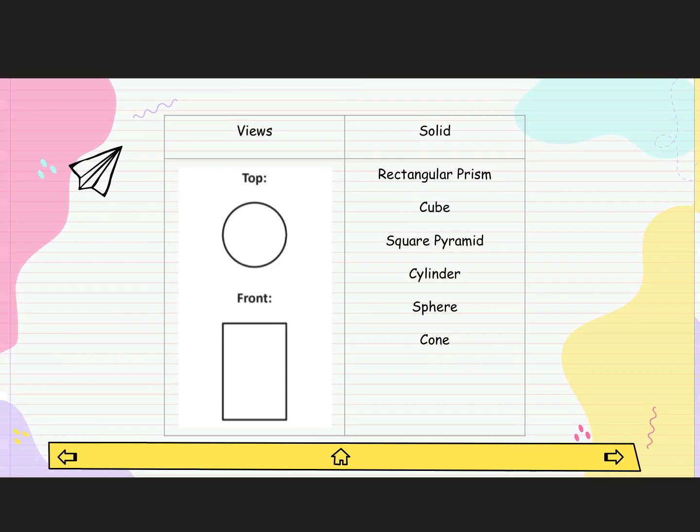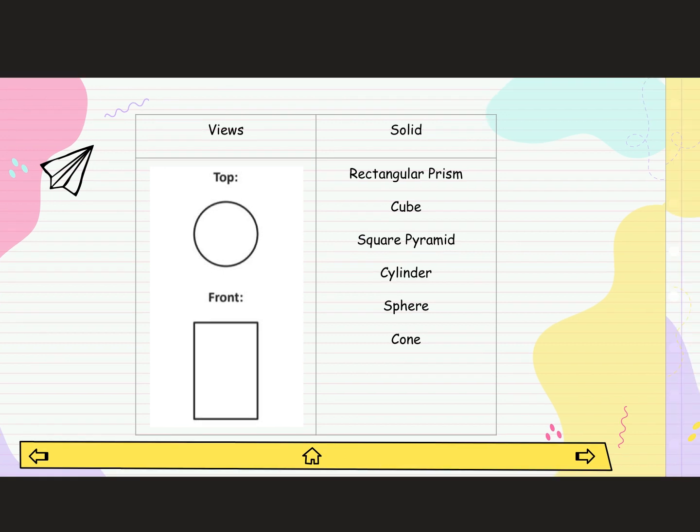For the next slide, they're giving us two views, the top and the front. Looking at the top of the shape and looking from the front, which one is going to give us a top view of a circle and a front view of a rectangle? You can always go back and reference your notes from yesterday looking at the different views. But looking here, we're going to have a cylinder. So think about